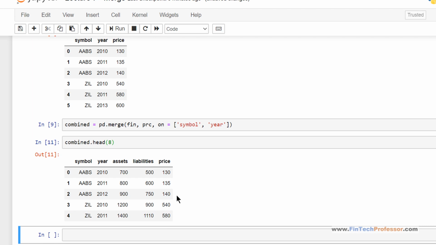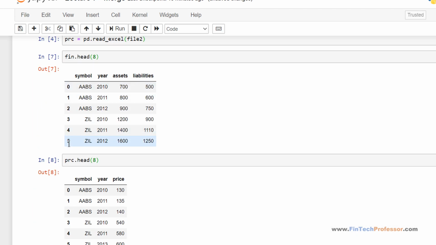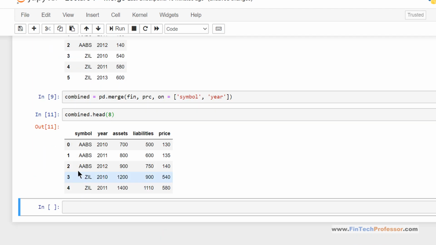This is our second observation. The third observation is that in both the data sets there were 6 observations starting from 0 up to 5. But in the combined data set we have only 5 observations starting from 0 up to 4.